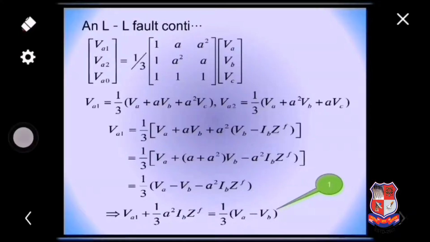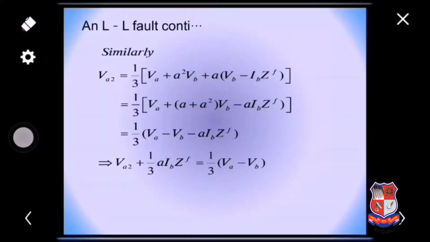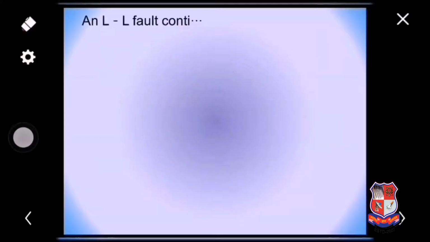Now for VA2 we can also have such an expression. Again we replace VC in terms of VB and we will have equation number 2. It is also 1 upon 3 (VA minus VB), but it contains VA2. Now equations number 1 and 2 are the same, both having the same right hand side. So we can equate them and ultimately we will be in a position to derive the relationship between VA1 and VA2. Equating equation number 1 and 2,